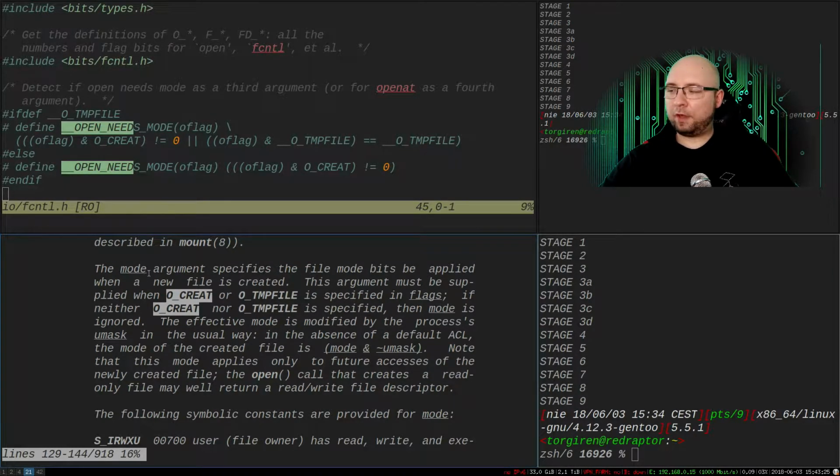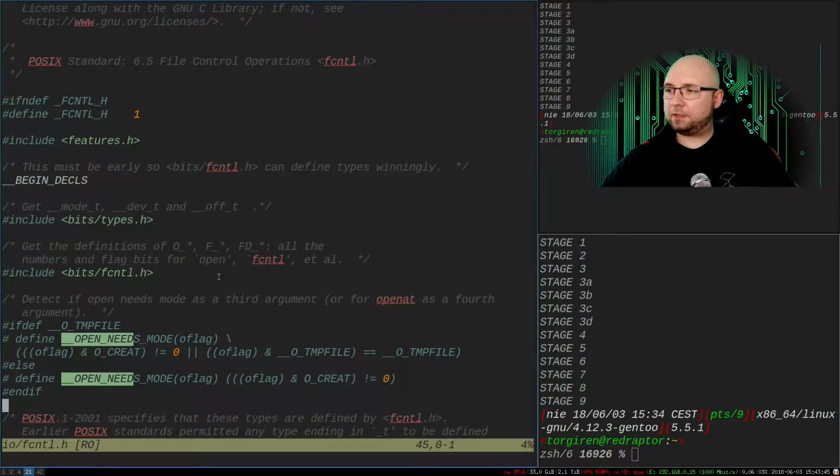The mode argument specifies the file mode bits to be applied when a new file is created. This argument must be supplied when O_CREAT or O_TMPFILE is specified. So this macro finds out